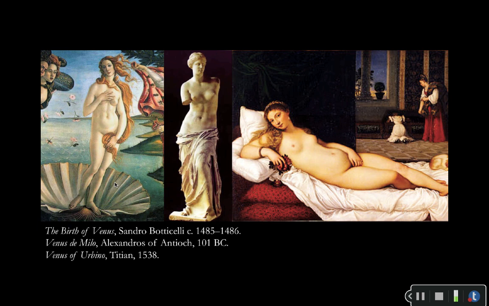And just to show you a few examples of Venus figures, these are your traditional Venuses. Here we have The Birth of Venus by Sandro Botticelli. This is a 15th century piece. Venus de Milo, and this is from 101 before the Common Era, so a little earlier. And then we've got Venus of Urbino, which might be on your radar already, by Titian, and that's in the 1530s. So all of these are very traditional images of the Venus, who is the goddess of love. And this is the way she's usually rendered, nude like this,